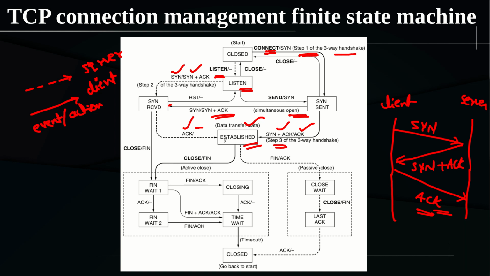And once the data transfer is over, now let's see the close, connection release phase. So here also you can see something called an active close and a passive close. So passive close is the close procedure that is happening at the server side, right? Where active close is what is happening at the client side, because a client is actively trying to close the connection. So that is the way they are.